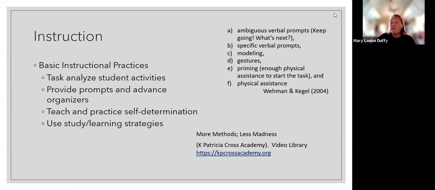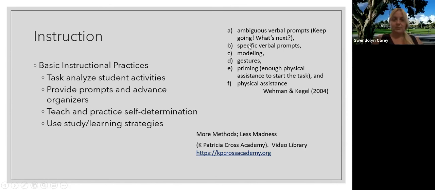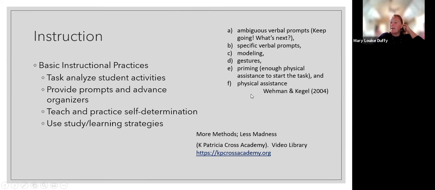I listed it all over here on the right-hand side, an excerpt from the Wayman and Cagle book on prompts and advanced organizers. We know these things as special education people. We know that we start with the least and move to the most obvious types of prompts. They might not know those words, but we can give them these examples, or give them coaching on how to use these to prompt students to participate within their classroom. It's not like they have to prompt all the time for everything, but the ability to know how to use some of these is